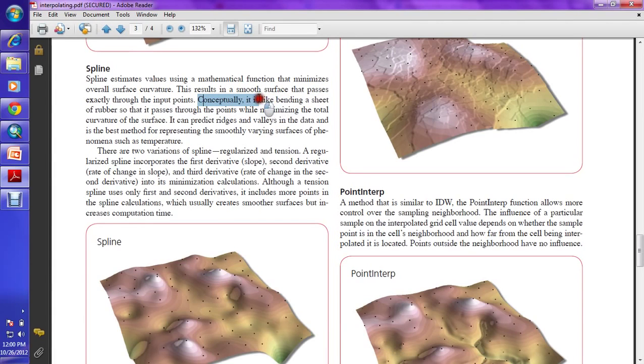Conceptually, it is like bending a sheet of rubber so that it passes through the points while minimizing the total curvature of the surface. So if you want a smooth surface, it is especially important if you want a Rees or Bailey analysis, that you can do that. Not only Rees and Bailey,